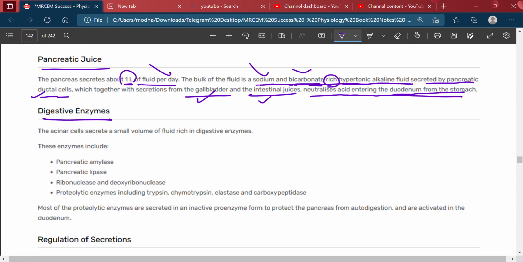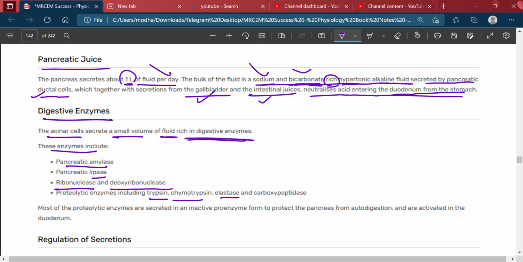Digestive enzymes. The acinar cells secrete a small volume of fluid rich in the digestive enzymes. These enzymes include the pancreatic amylase, lipase, ribonuclease, and deoxyribonuclease. Proteolytic enzymes including trypsin, chymotrypsin,